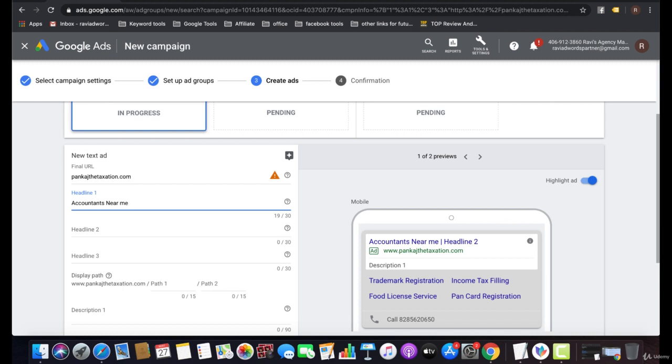Now that is the secret strategy of mine, which I use with my clients and my campaigns: you have to put the main keyword in headline 1, and you can add a second keyword relevant to the main keyword in headline 2 as well.